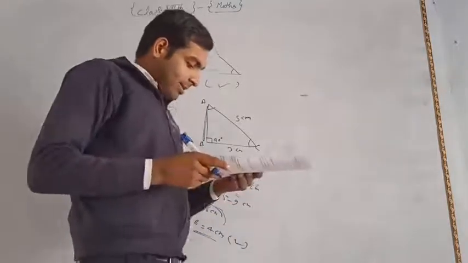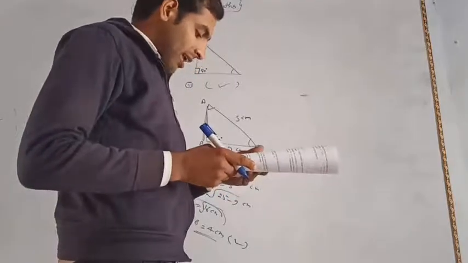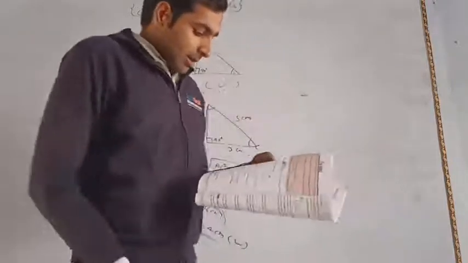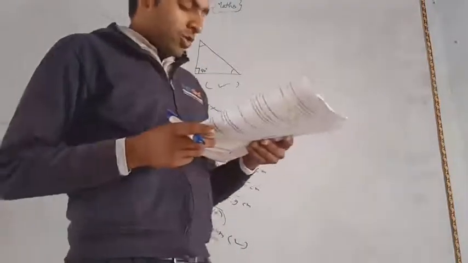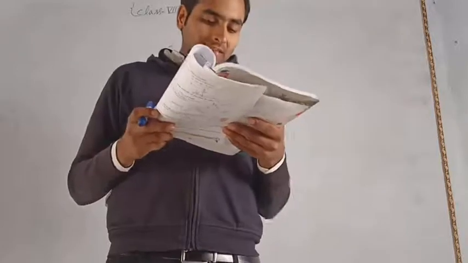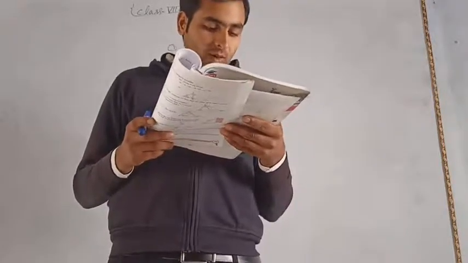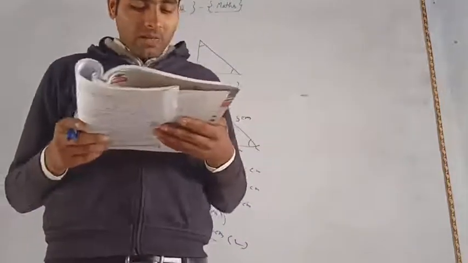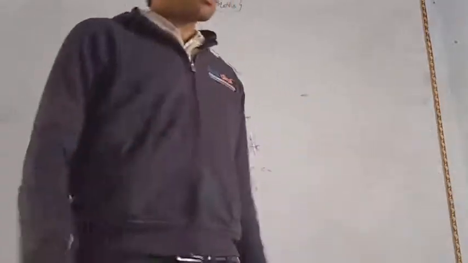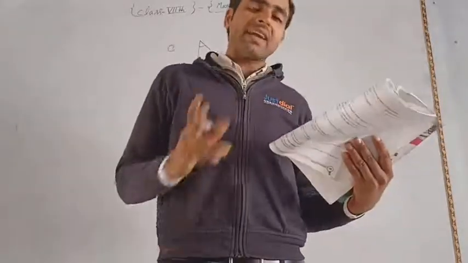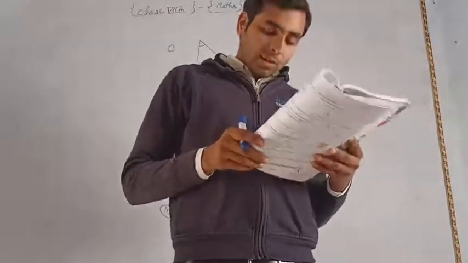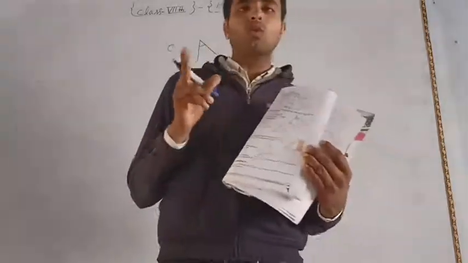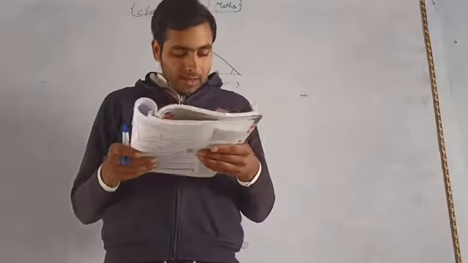Again, problem number 6: if three sides of a triangle are 4 cm, 2 cm and 6 cm, then it is a scalene triangle, because no side is equal to the other sides. So this is a scalene triangle. In problem number 7, the Pythagoras theorem can be applied in. So the Pythagoras theorem can only be applied in a right angle triangle. We already told all of you that only in a right angle triangle can you use the Pythagoras rule.